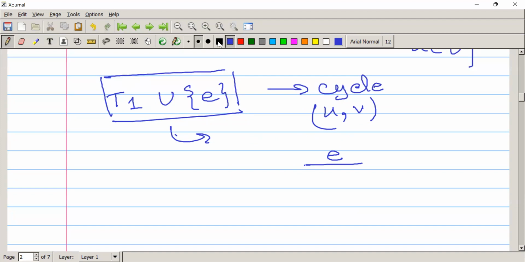So T1 already has some path from U to V. And suppose E prime was the edge that was first encountered in the path P,